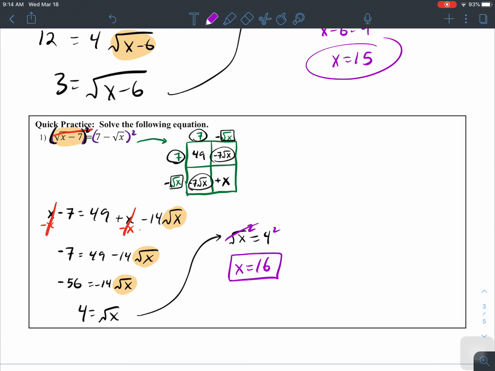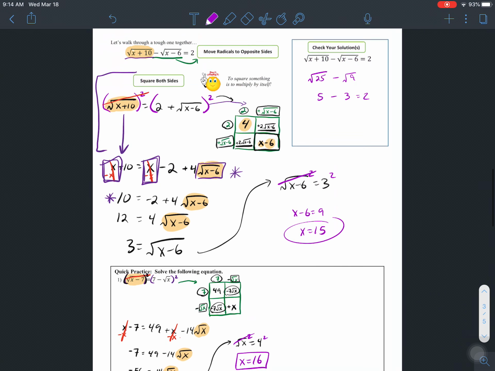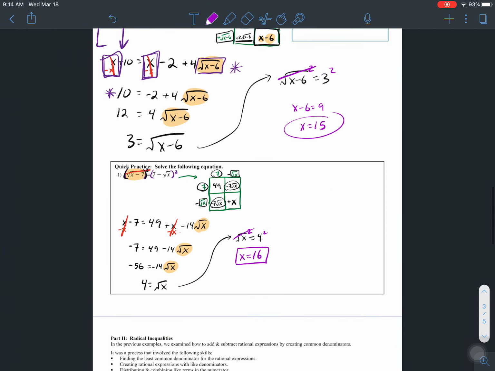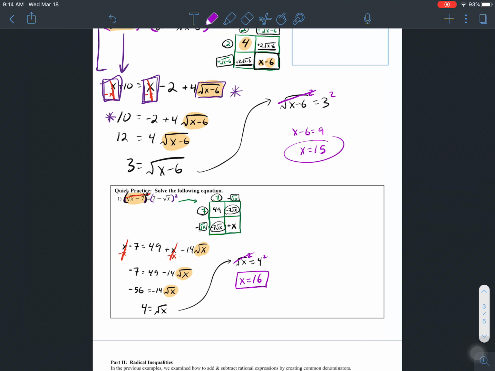The more complicated ones are the one with 2 radicals on it. So maybe go back through the video, start back up with this problem, listen to it again, work on some of the homework. Feel free to contact me if you have any questions. And the next video will deal with the